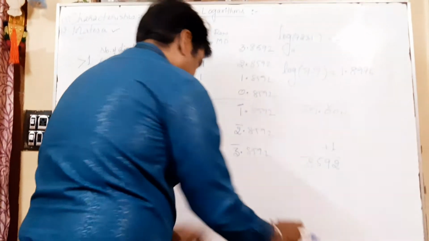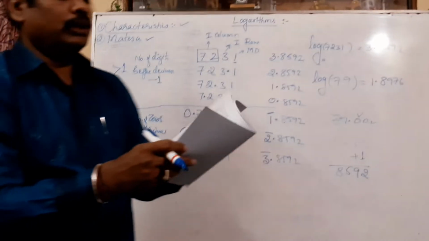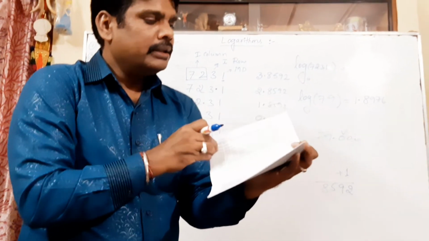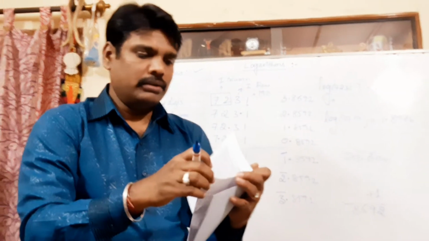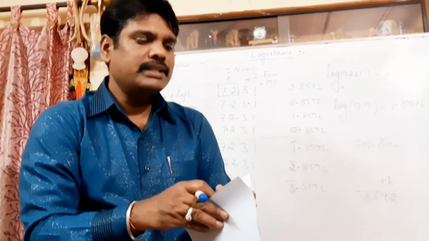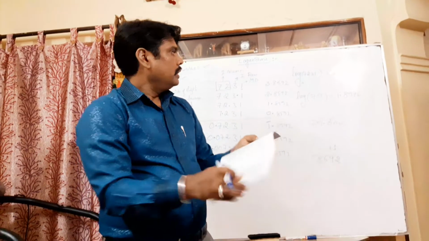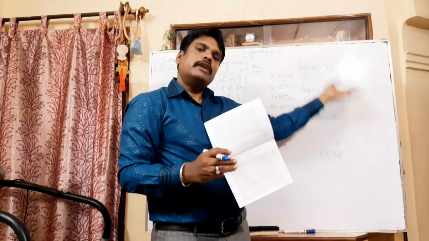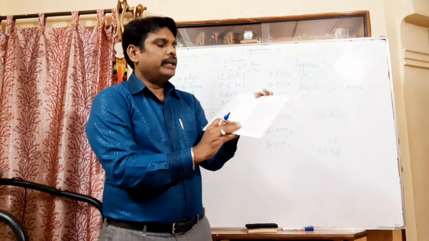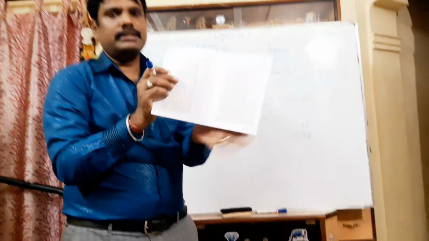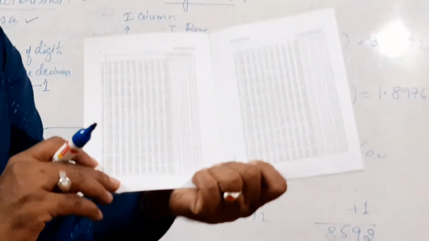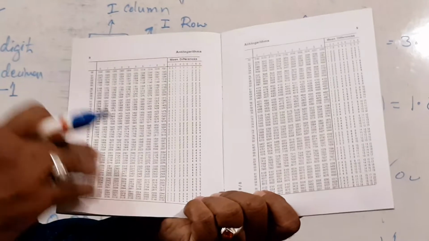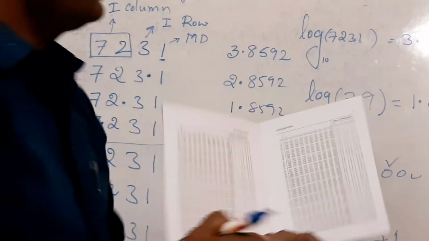So first we have to learn how to write the logarithmic value of any number. That is very important. Once you take the logarithmic value, you should compulsorily understand how to come back from it. Logarithm is just a tool. It acts like a calculator. It makes some conversion, so after converting, we have to come back to the original numbers. For that we have to apply anti-logarithms. So this is the next page, where they have mentioned anti-logarithms. It's already converted values. So how to take the anti-logarithmic value?